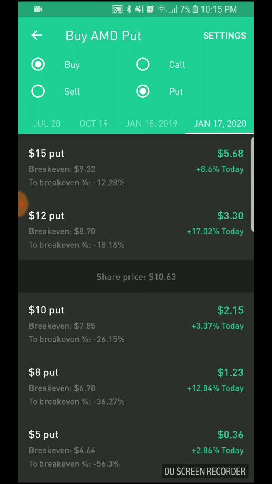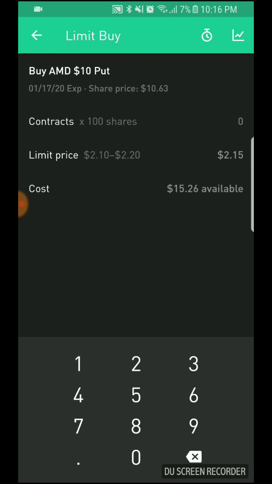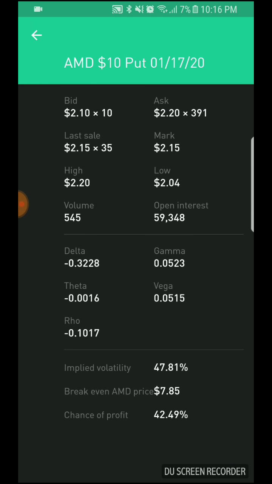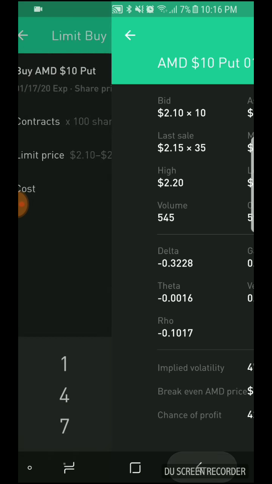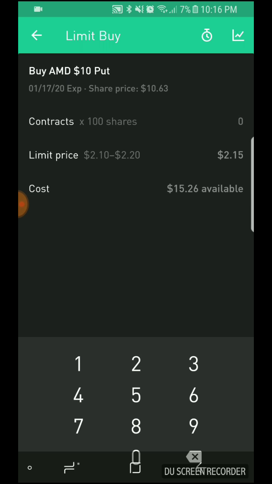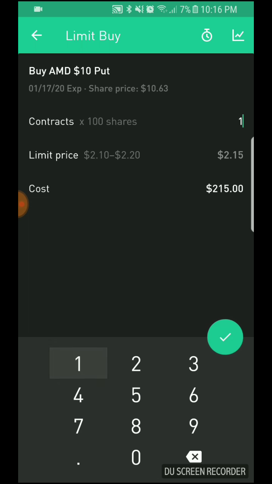It's the opposite concept of what I just told you. When you buy a call, you want the underlying stock to go up. When you buy a put, you want the underlying stock to go down. So if the stock is at $10.63 and you buy a $10 put, the break-even price here is $7.85. Why is that? The reason is that when you buy a put option, you are subtracting the premium from the strike price. The $10 here is the strike price, and the $2.15 here is the